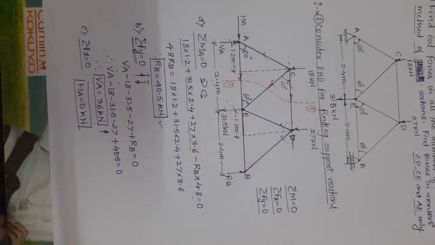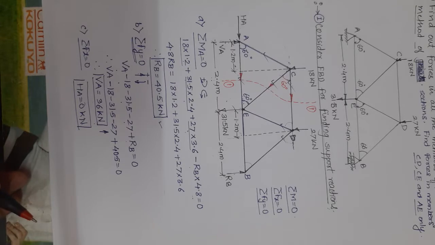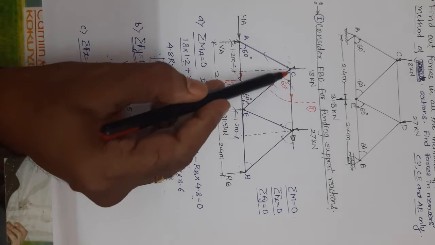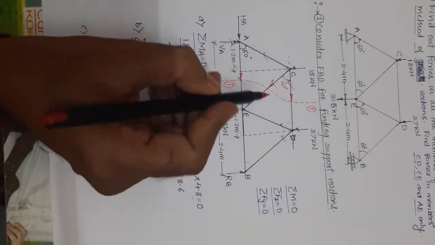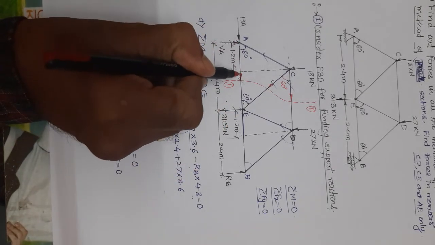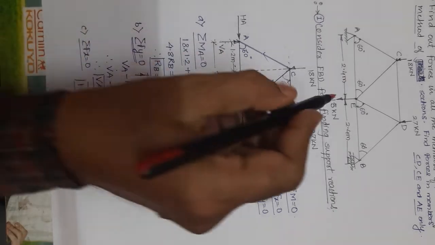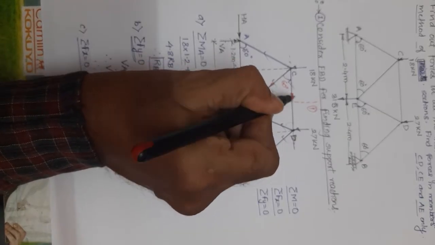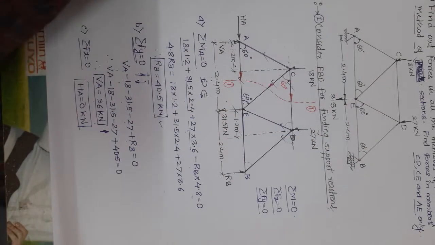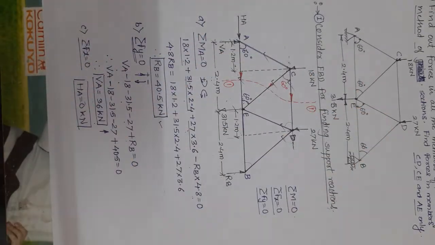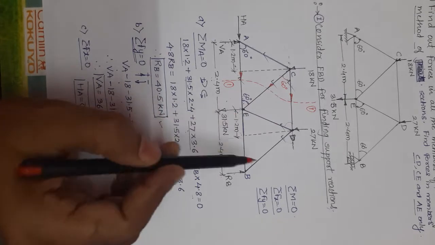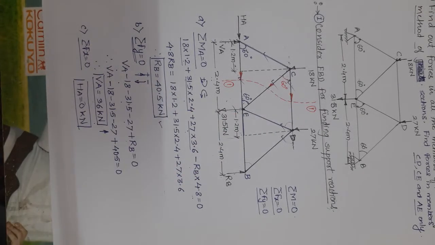Let us solve this problem now by the method of sections. Let us consider this part only, which has been marked with red ink here. You can see that this portion is marked with red ink, dark on the left side. The right side portion I kept as it is, faint. When you are drawing in an exam, you keep that part faint with the pencil. All right, now let us start with the calculations.